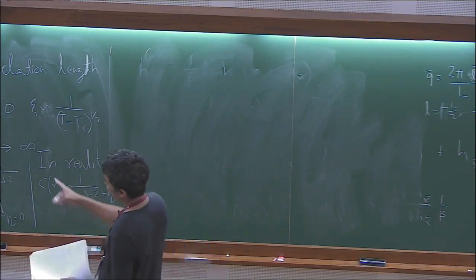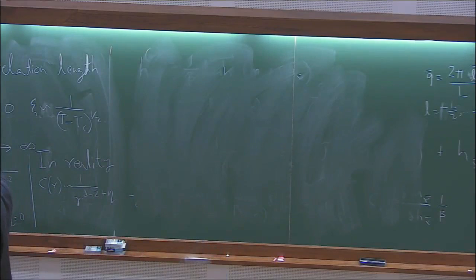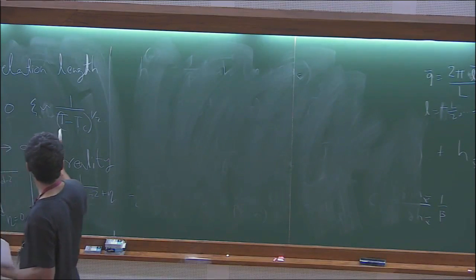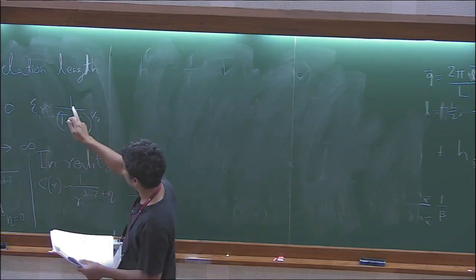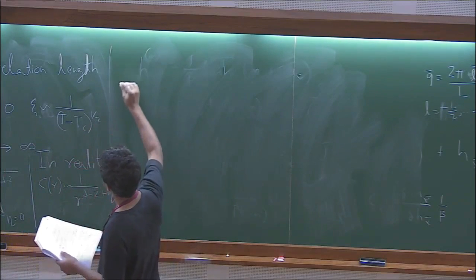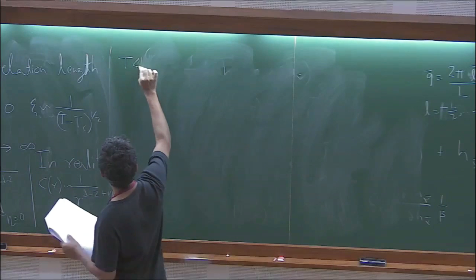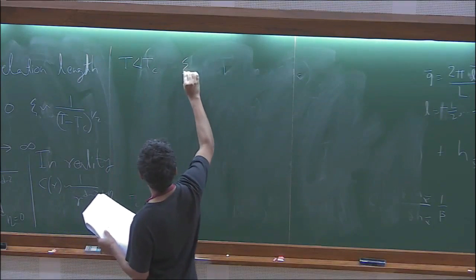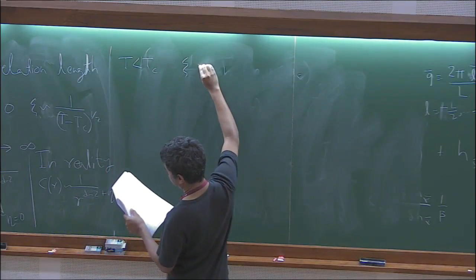Okay, so here again you can do the other thing: you can approach either from above TC or from below TC, and in both cases you'll find that you get a different result. So for T less than TC, you'll find that xi goes as